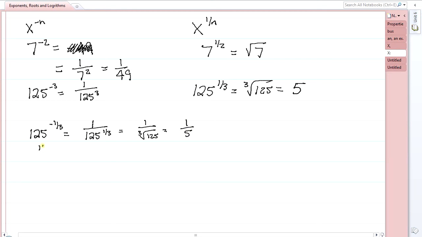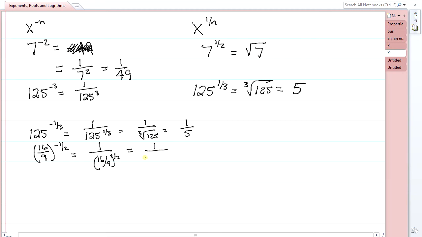16 over 9, and I raise that to the negative half. Well, you can do this a couple of ways. You could deal with the negative exponent by moving the whole thing to the denominator, which is 16 over 9 raised to the half. Then you could realize that that meant the square root